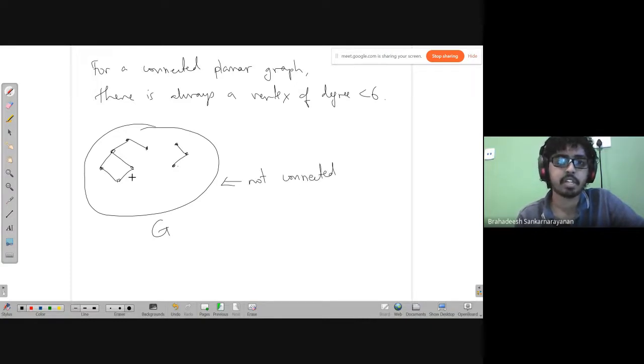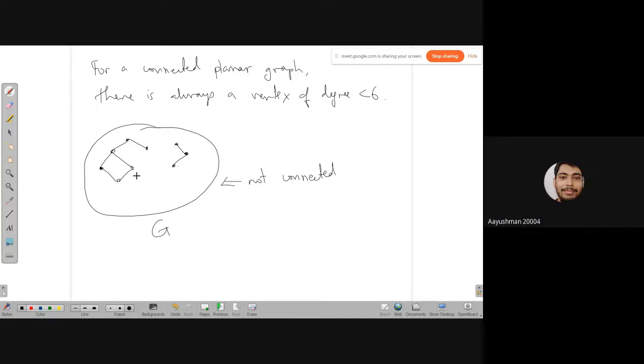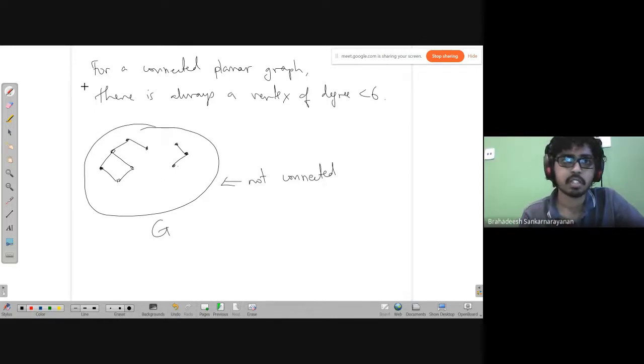It's not connected because you have one piece here, you have another piece here, where piece is very intuitive. If you want something slightly more formal, between any two vertices, there is some path. Then it will be connected. But here that is not the case. Between this vertex and this vertex, where is the path? There is no path. How do you go from here to there? Does that make sense? Good. So the claim is that if you take any planar graph which is connected, you can always find